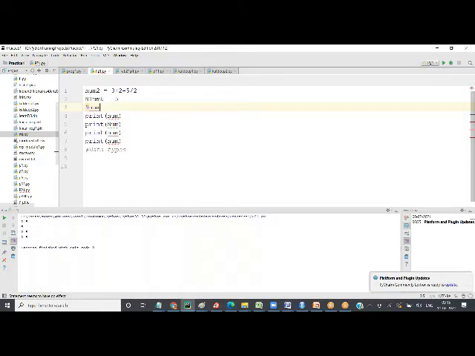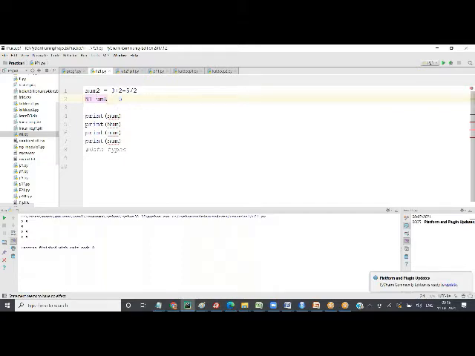The first character has to be an alphabet, but from the second character onwards you can put numbers as well, no problem. And you can use underscore. So I can say num_6. Generally when you want to concatenate two names, like sum of 3 numbers, you can say sum_of_numbers. So underscore is allowed, and numbers are allowed, but only after the first position, not in the first position. So this is about the variable names.